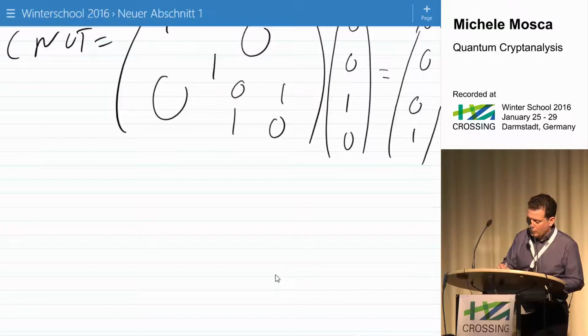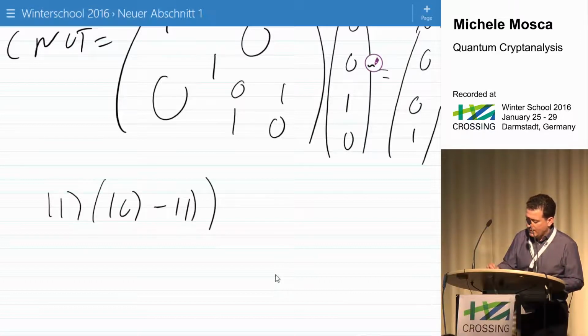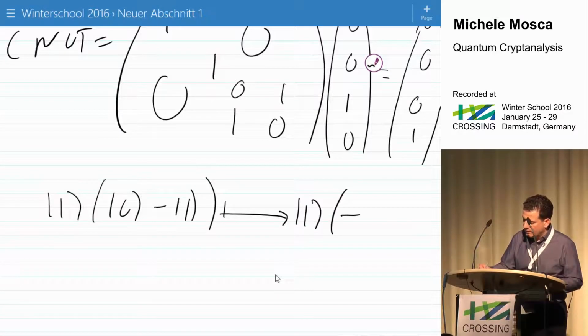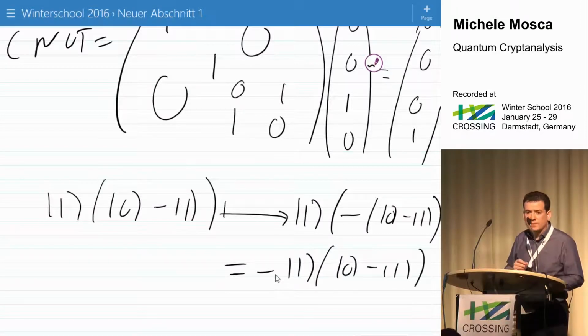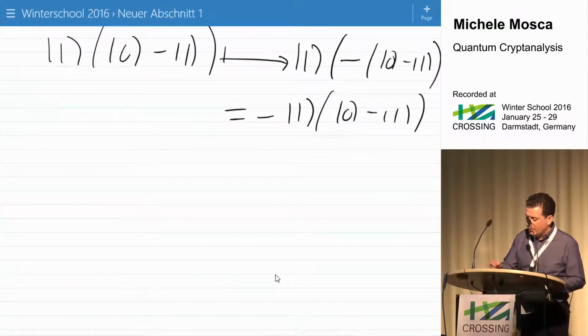So we have 1, 0, minus 1. After the C-NOT, you might say, well, no, it goes to this. Right? Now, this is equal to, it's the same thing. Okay, now in Dirac notation, it might look rather mysterious, but remember